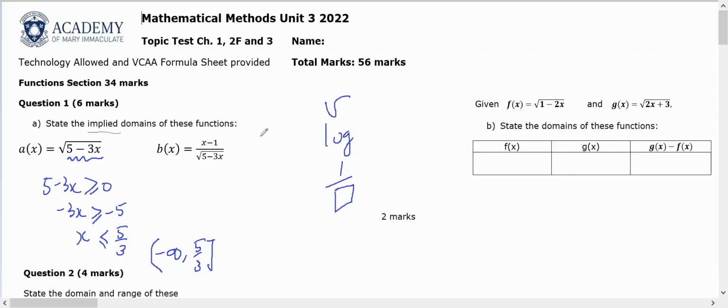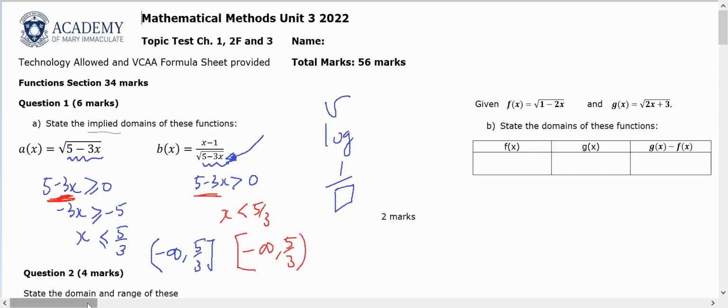Now, this one I've got a denominator as well as a square root. Therefore, whatever is inside the square root can only be bigger than 0, can't equal 0. Be on the lookout for similar things. So therefore, I'm going to have x is less than 5/3 in this case, minus infinity to 5/3, not inclusive